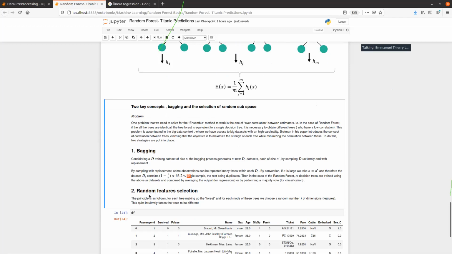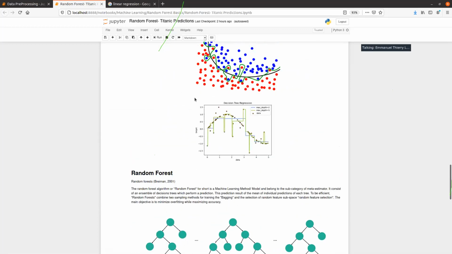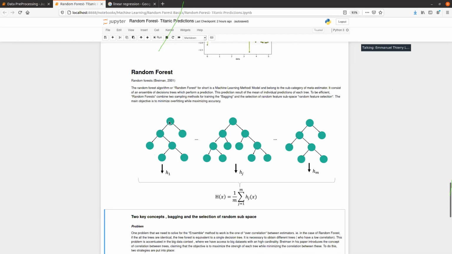So this principle is as follows. When you create every single node of the trees, you have a certain amount of features that you can consider, let's say the age, the sex, the cabin class.